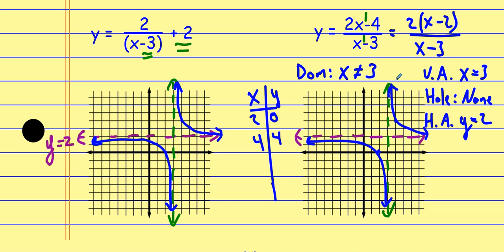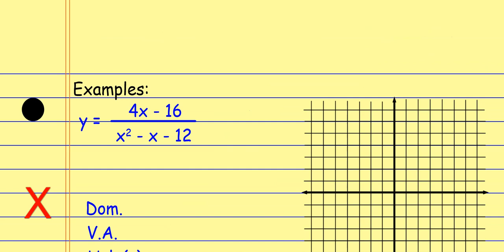If it looks like 1 over x has been modified, you just move the thing. You shift it left, right, up, and down. You stretch it and you shrink it. But if it looks like one of the ones that we would simplify, you have to find the components. And ultimately, the ones where you find the components are probably a little bit more difficult. So we'll do a couple more of those examples that are a little bit more complicated, okay? For example, if I look at this guy, all right, so